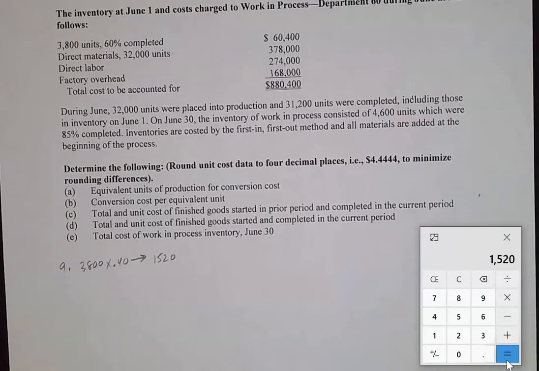Let's see, what else do we have to figure? Let's see here. So it says that we had 31,200 units that were completed, however, including those in inventory on June the 1st. So that was 3,800 units total. They were 60% completed. Now they're 100% completed. We added the 1,520. So we got to subtract the whole 3,800. That's going to give us 27,400. And what this 27,400 is, it's actually the number of units that were started and completed all within